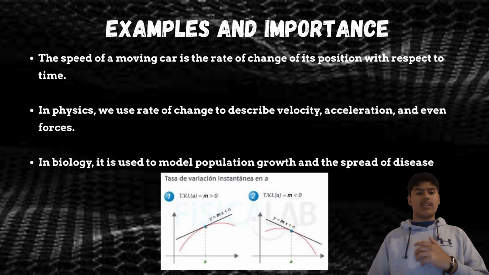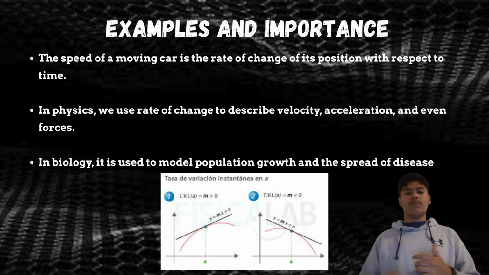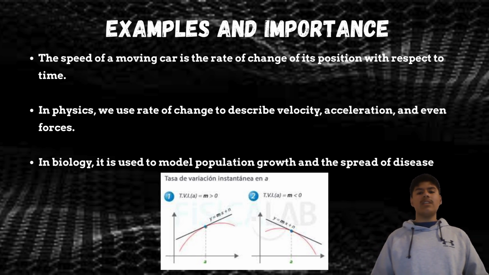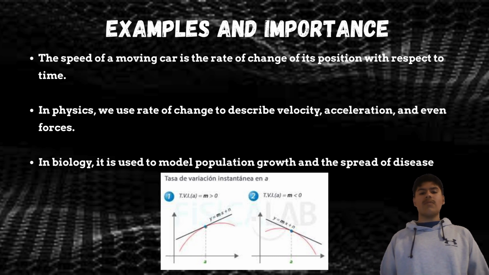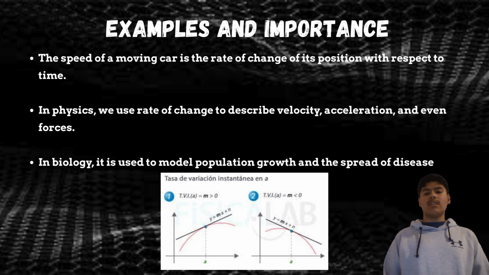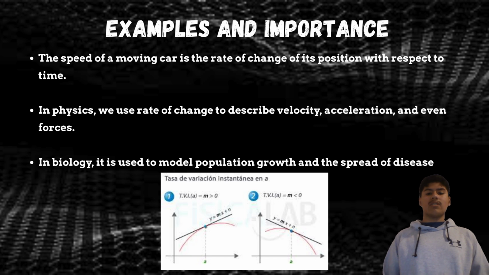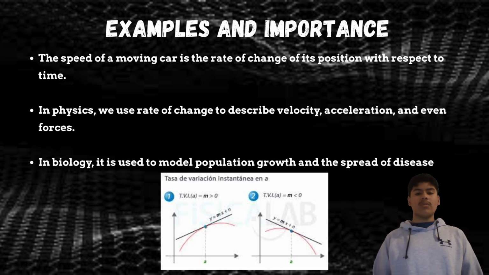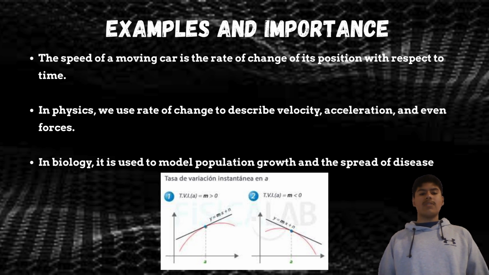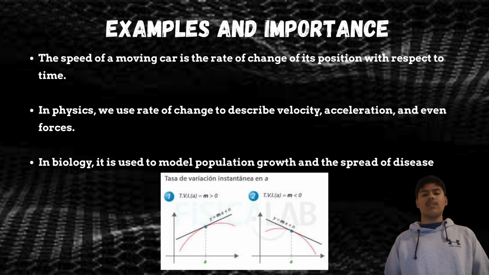Examples and importance. To give some concrete examples, the speed of a moving car is the rate of change of its position with respect to time. The slope of a straight line represents the rate of change of the vertical coordinate with respect to the horizontal one. Another example is population growth, where the rate of change is how the number of individuals in a population